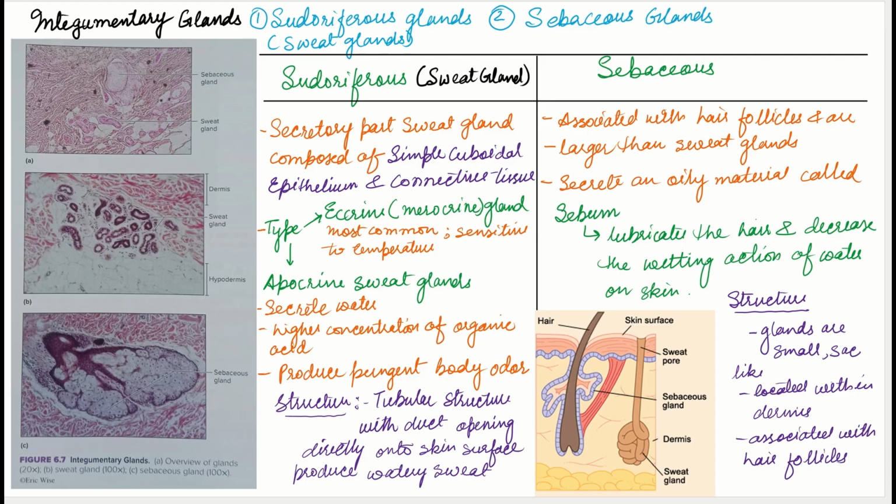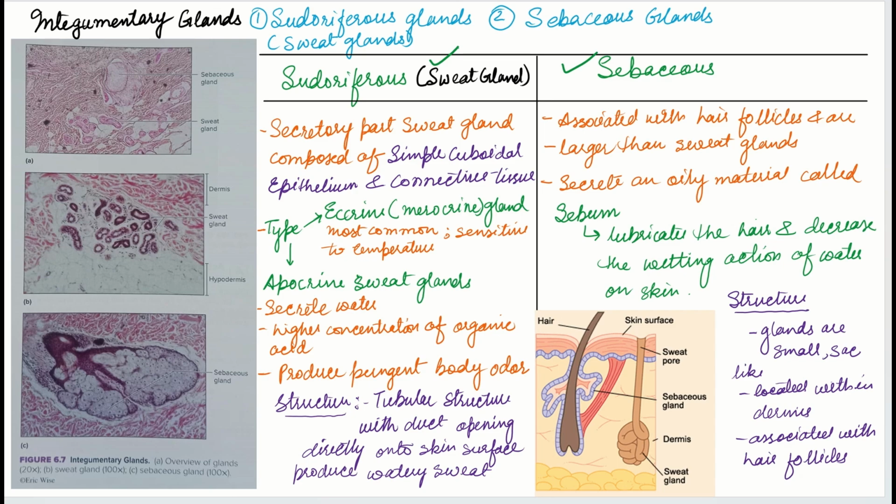Next, if we talk about the glands present in the dermis and hypodermis region, there are several glands present in these two layers, and the two broadly distributed glands are the sweat gland, also called the sudoriferous gland, and the sebaceous gland. So these two glands are very important glands in our body, and if we differentiate the two glands,